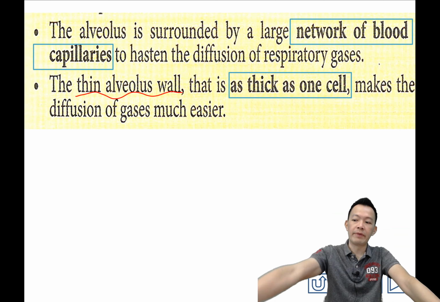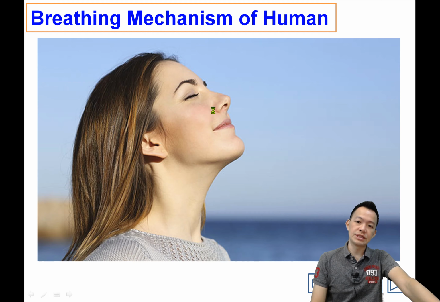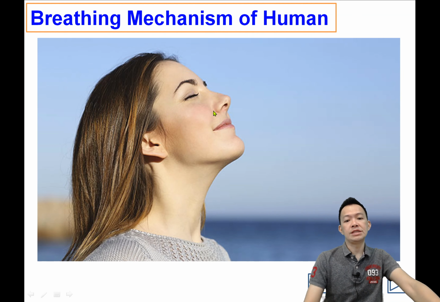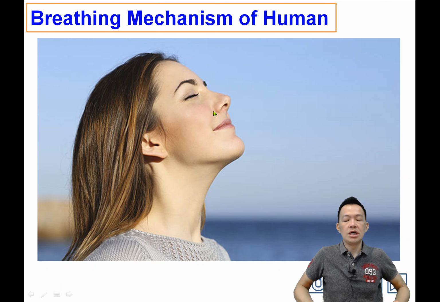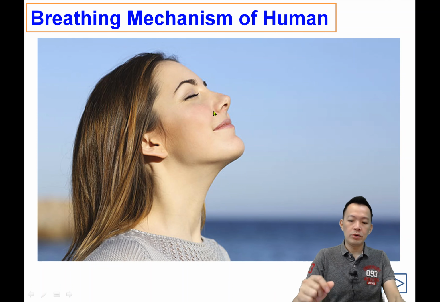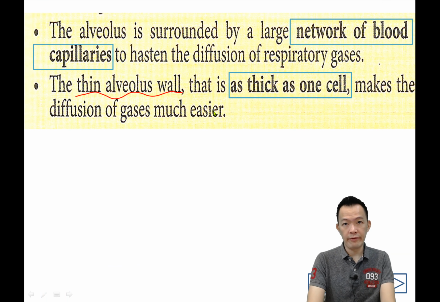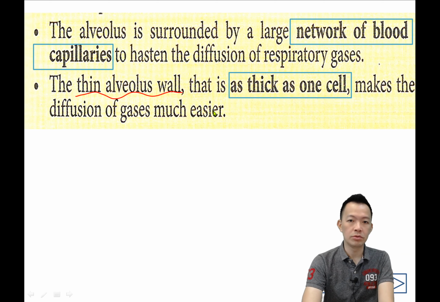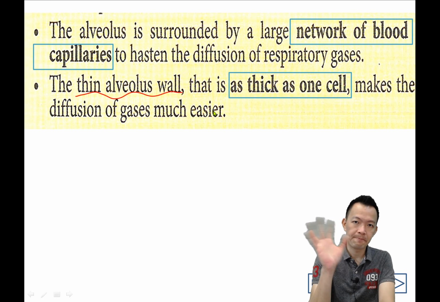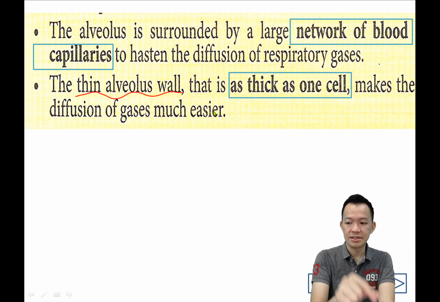After this, we're going to compare to other animals. 我们的差别跟它们的差别就是这样子。So in the next video, we're going to talk about the breathing mechanism. 我们到底怎样呼吸的呢？Not a difficult title because we had the same title in Form 3, but maybe you still don't know, 可能你不知道罢了。Okay, alveoli and its characteristics are settled here. 拜拜，谢谢。